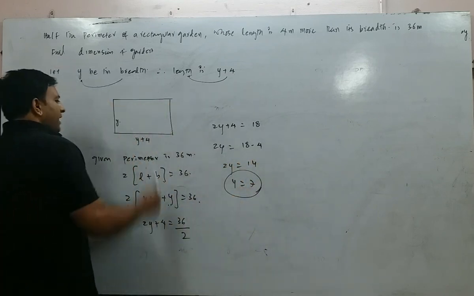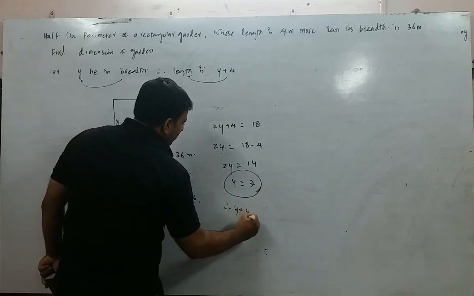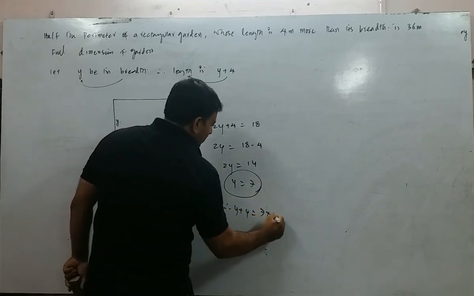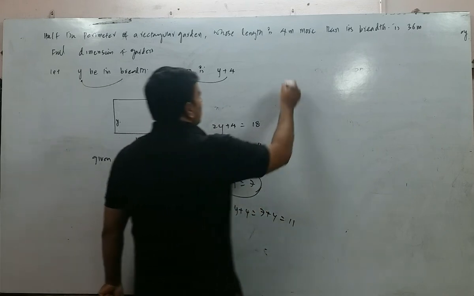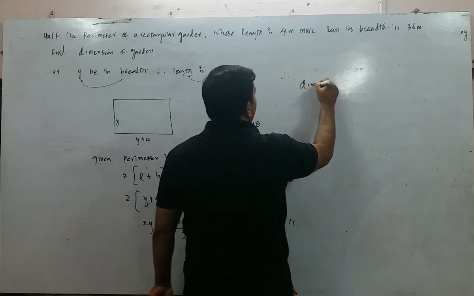Now once you know y is equal to 7, therefore what is y plus 4? y plus 4 is equal to 7 plus 4. And what is 7 plus 4? 11. So therefore the dimensions are